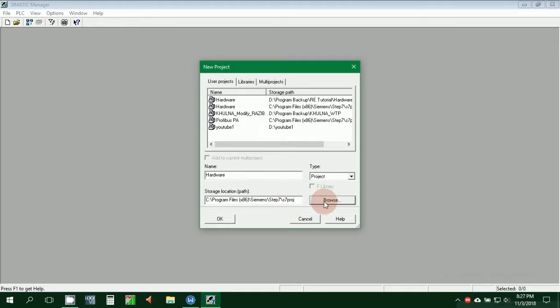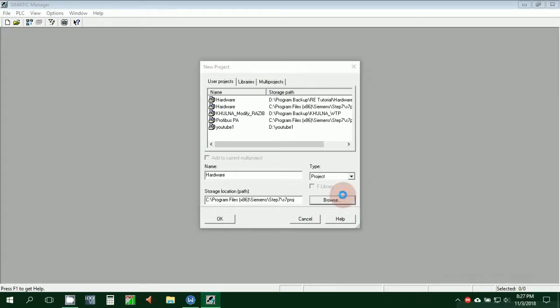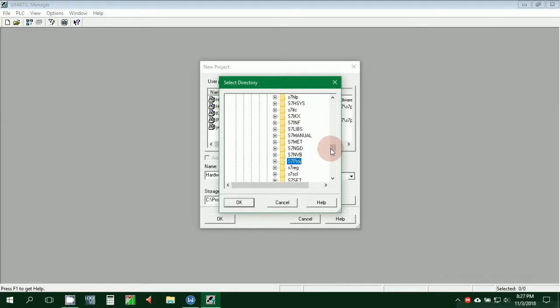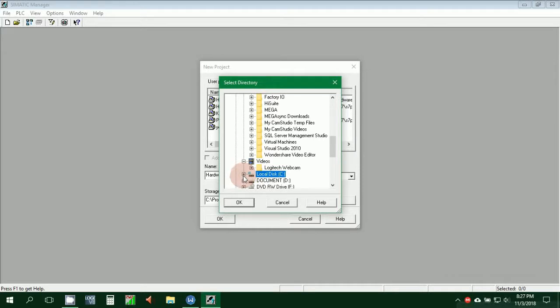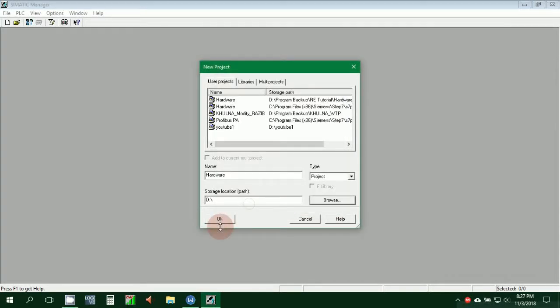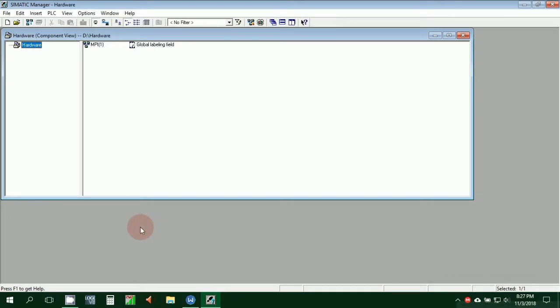Select browse. And then you need to select the folders or the drive. I'm selecting document D drive and press OK. As you can see here, a project named hardware is created,